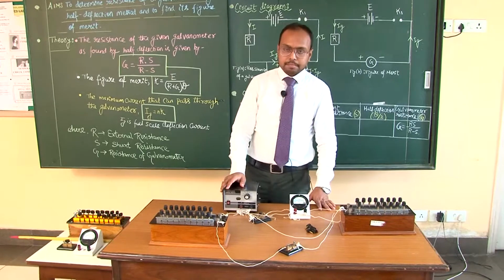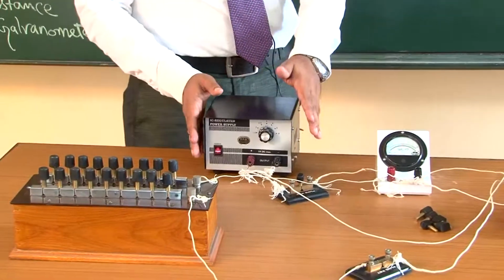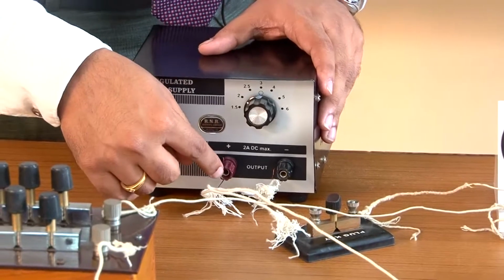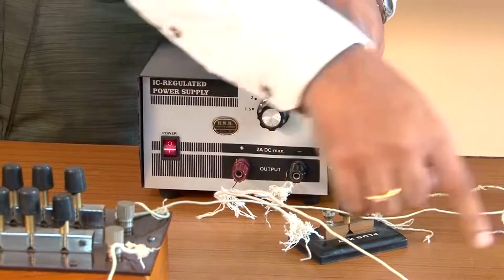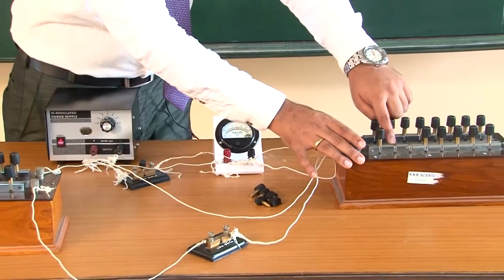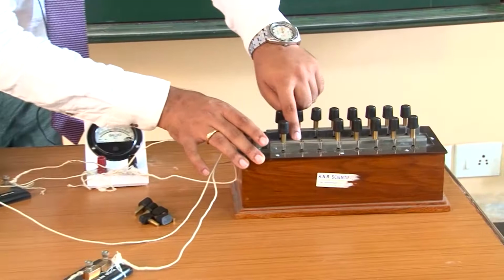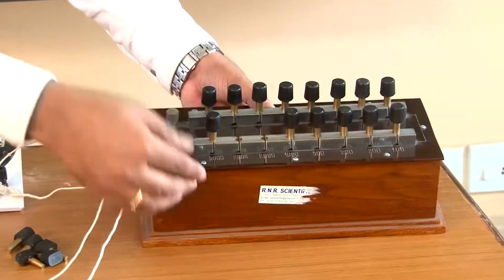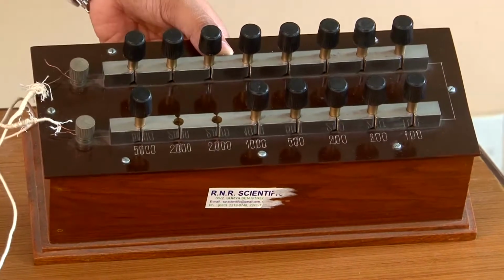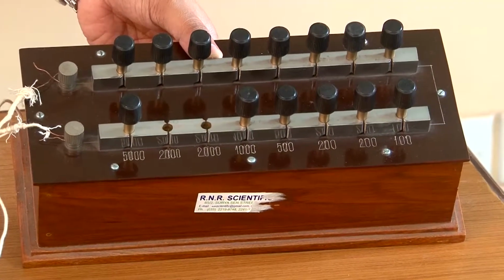Now, let us take some reading. How to do this? First, we are connecting the circuit as I have told you. As a precautionary measure, the wire connected to the resistance box already has some resistance. I have given a high resistance of the order of 4000 ohm. Just see, 4000 ohm resistance has already been given. That means these two keys have been taken up.